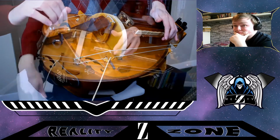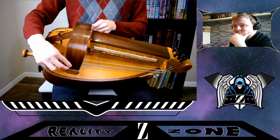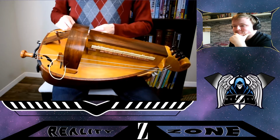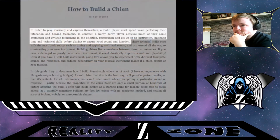This complexity means that half of playing the instrument is in its maintenance. Hurdy-gurdists are universally familiar with its inner workings, and tinkering for the right sound is mandatory. Player Barnaby Walters, in his blog article How to Build a Chian, wrote that, in order to play musically and